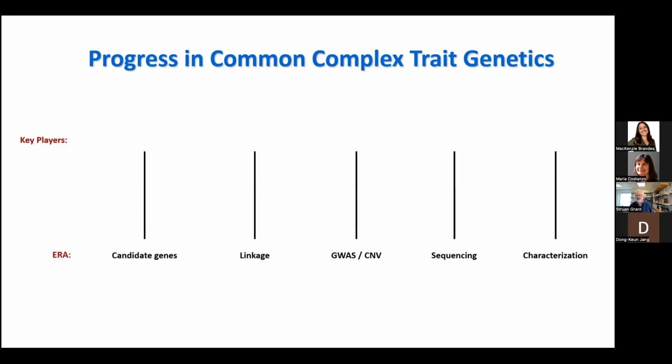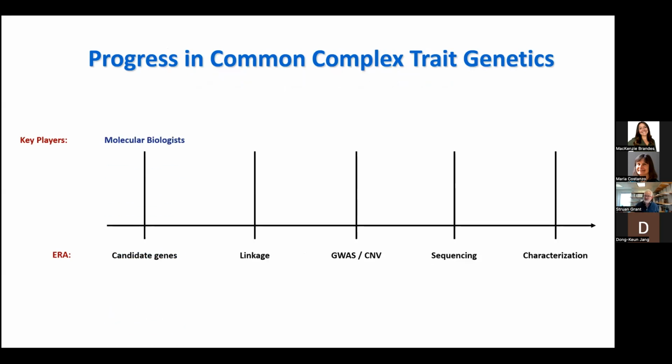And this is how I'm seeing the progress in common complex trait genetics over the last, say, 20 years, or maybe a bit longer than that. In the first instance, there were really candidate gene studies, and that was really the domain of molecular biologists. I myself did a PhD on a candidate gene with Stuart Ralston in Aberdeen, where we said, let's take one of the collagen genes. Collagen is the main component of bone. Let's look for genetic variants in the lab, see if they're associated with osteoporosis. So that was just focusing on one gene, and it was really the domain of the wet lab scientist.